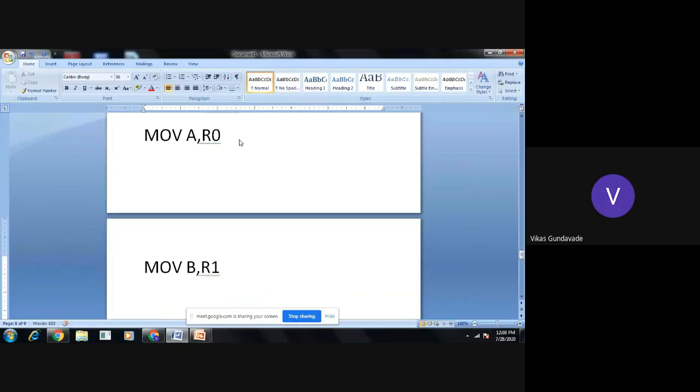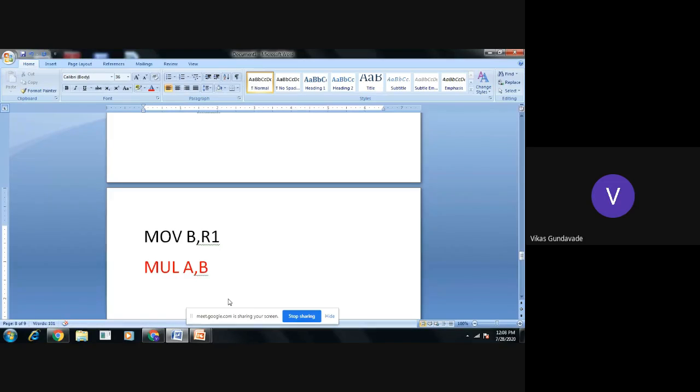Now we can do the multiplication with MUL AB. The multiplication is performed and the result is available in the accumulator. If an overflow is generated, or a higher number is generated during the multiplication, that will be stored into the B register.